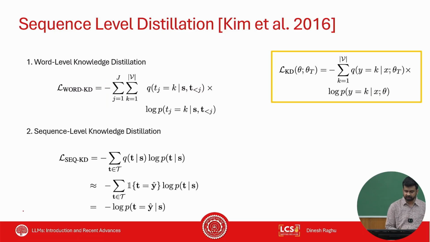And in the case of sequence level distillation, we ideally would want to do it by taking the entire space of all possible sequences, but all possible sequences is insanely expensive, right? The space is so high that it's not possible to even do this. So what they typically do is badly approximate this by taking just what the model gives you as the highest sequence from a beam search or something like that, right? And then set that as y hat and simply increase the log likelihood of the highest sequence that you get. So these are some simple ways of knowledge distillation.